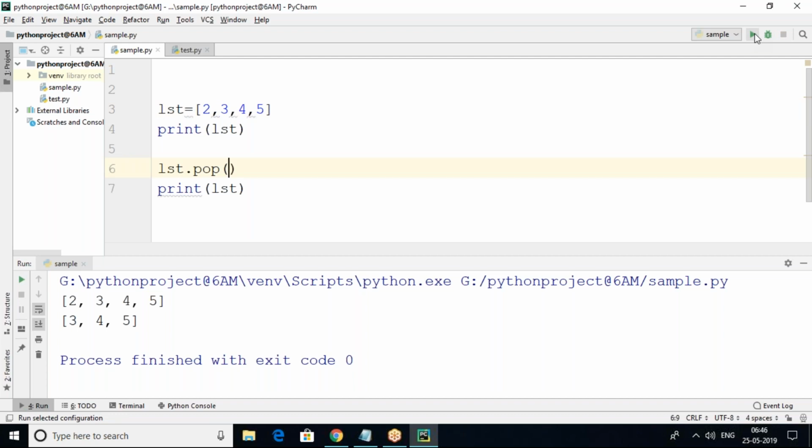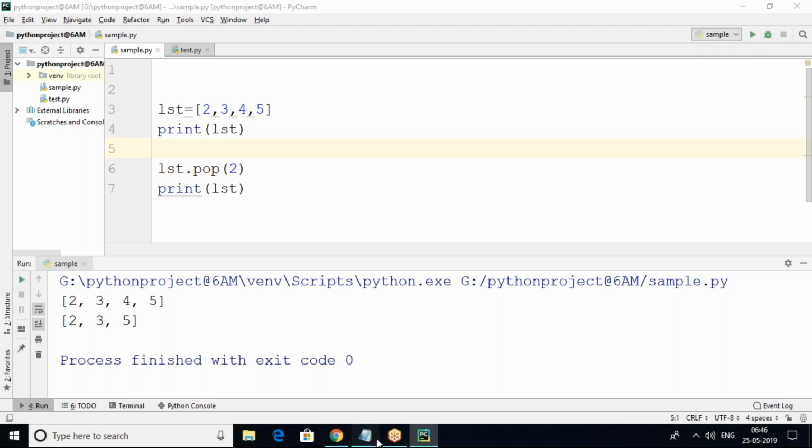Strictly remember, in the pop method, whenever we do not supply any index, by default the pop method will remove the last item from the list only. Whatever the last item is, that is going to be removed here. If index is there, say index 4, the element at that index will be gone.